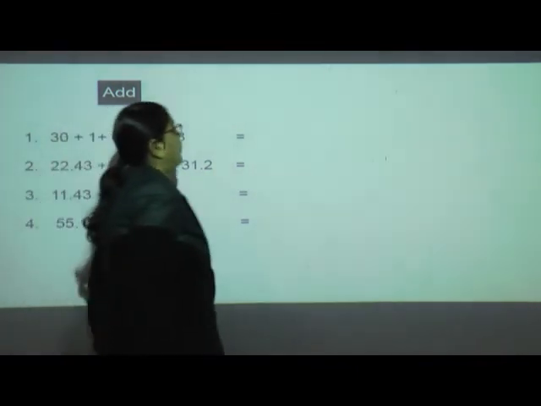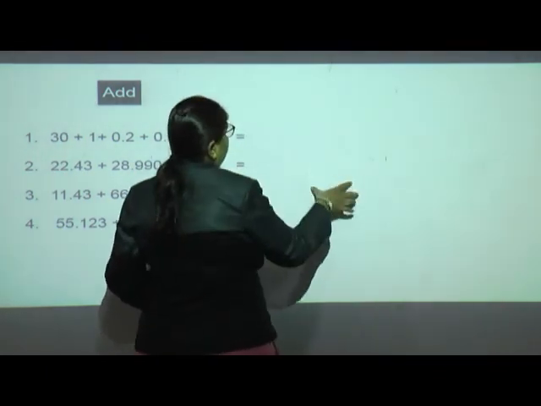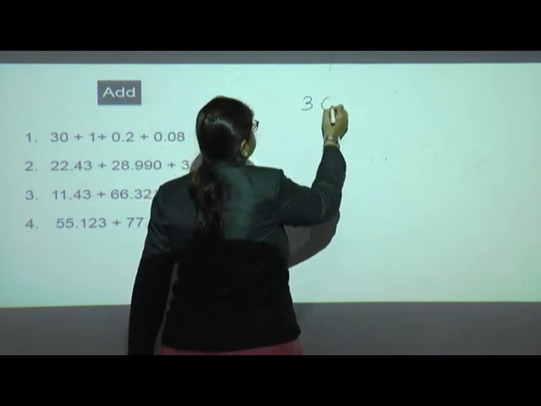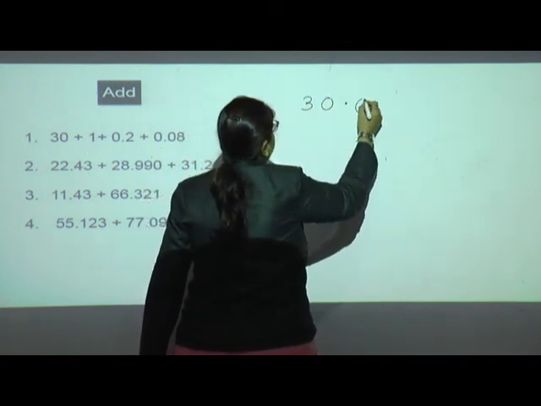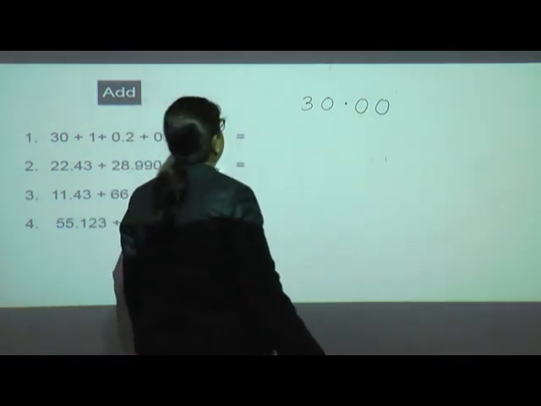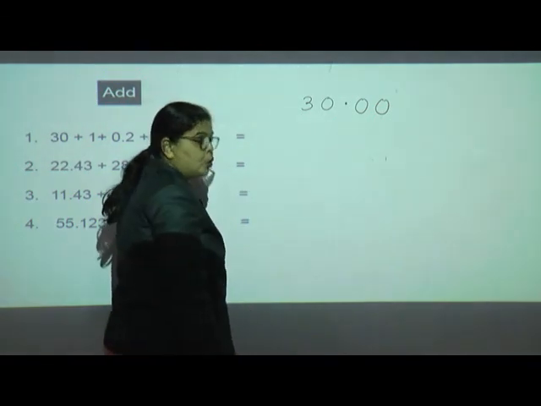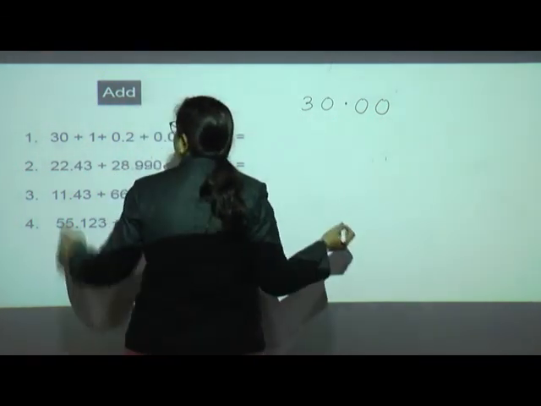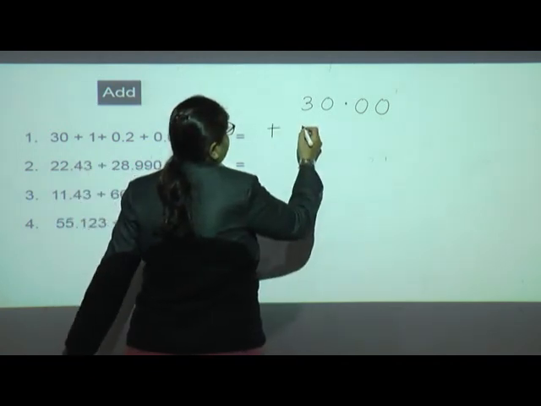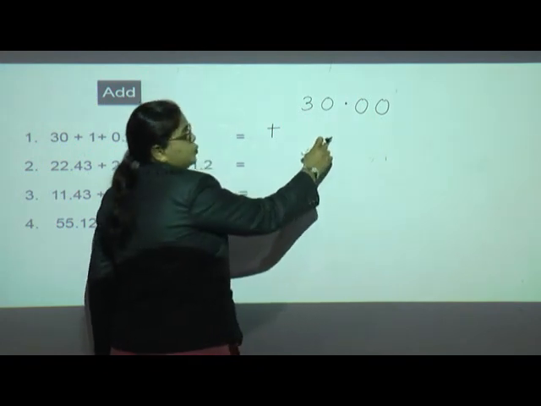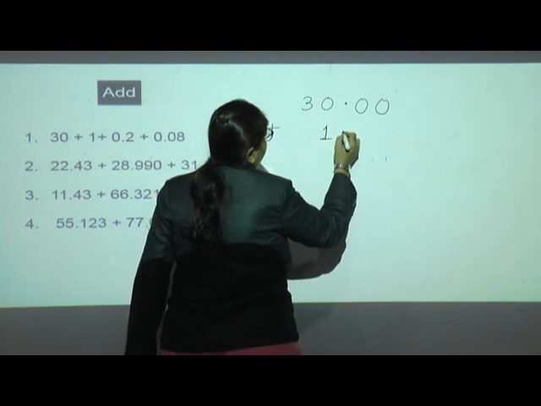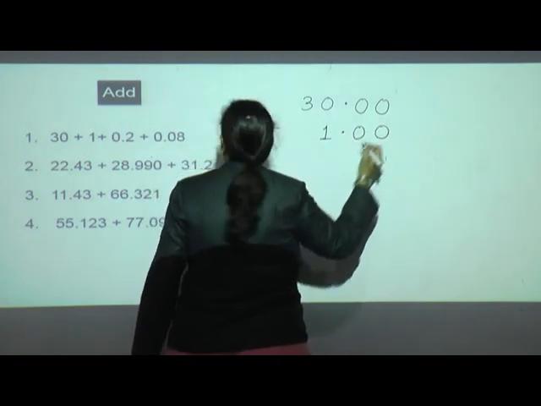Now just pay attention, I will show you in the vertical form of addition. Here the whole number I am having is 30. I don't have any 10th or 100th, so I have written a 0 in the addend. Already we had learned about the rules of addition. Then the second number is a whole number, I will write as 1. I can't write just 1, because if nothing is there, I should write 0. So it will be 10, the value changes. So I will write 1, decimal point and 0, 0.